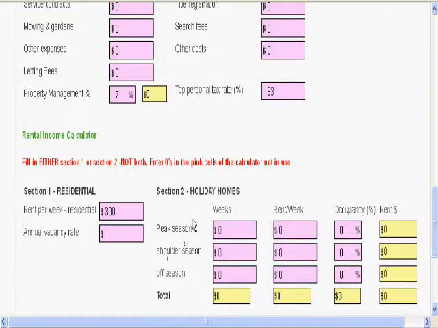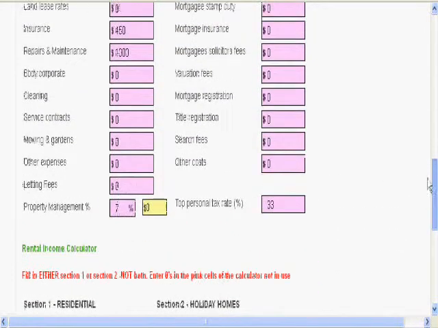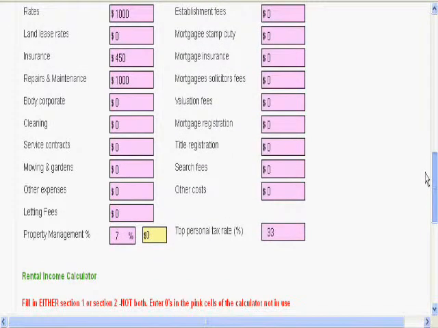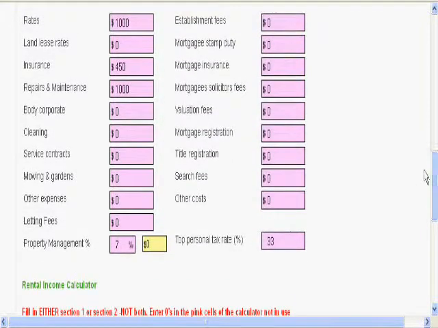So on the right hand side we have section 2, which is for holiday homes only. For the purpose of this video, we will not cover this, but some vendors or investors who invest in holiday homes will find this section very, very useful. A very important part here, which helps to calculate the cash flow and tax rebates through depreciation under the data